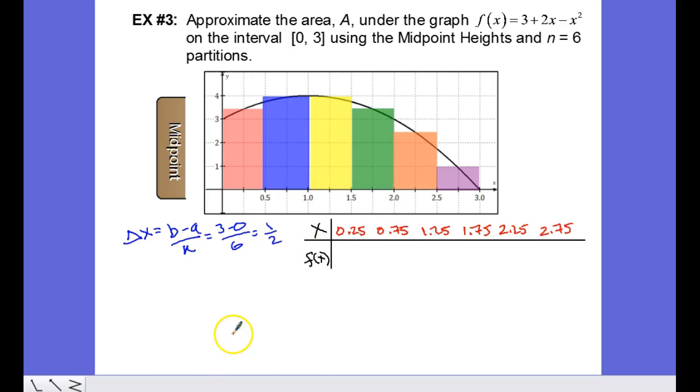Now, we will go to our graphing calculator, put this function in for y1, and you can set your delta x to be 1/2 so that it increments by 1/2, and use your table function to generate your f of x values. Or you can do them one at a time, but in any case we get, and I'm going to use